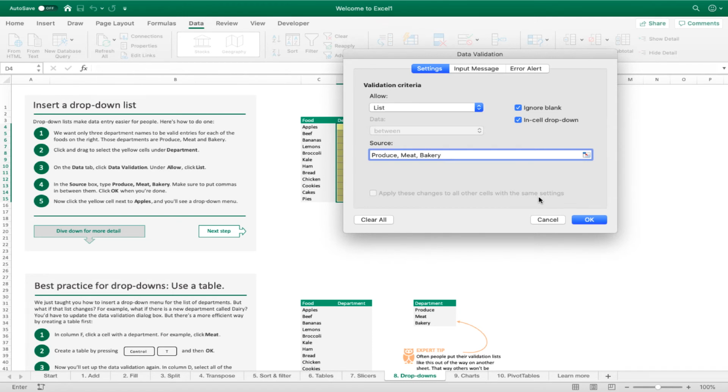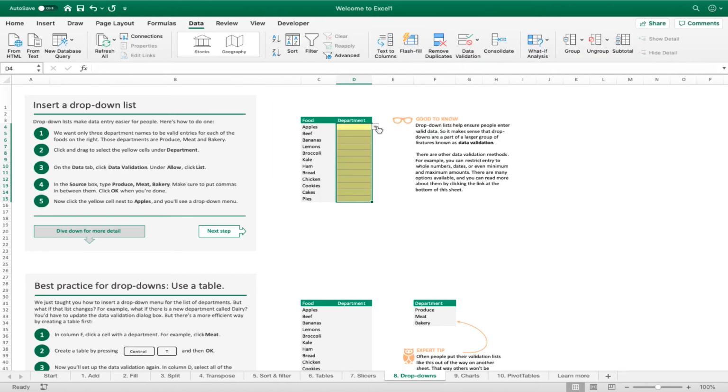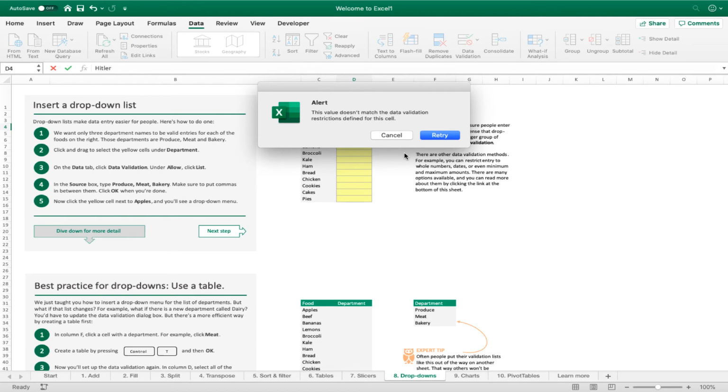Alright, that looks like it's good. Okay. So if we hit that, it will give us one of those. So if I don't hit it, if I type in something else, like, oh, it won't let me do it. Okay.